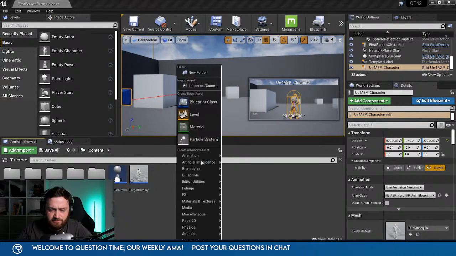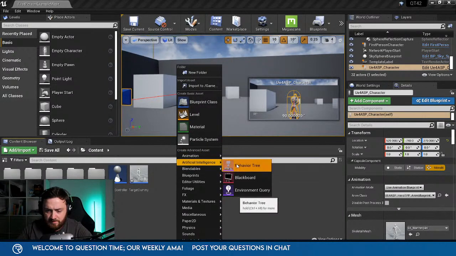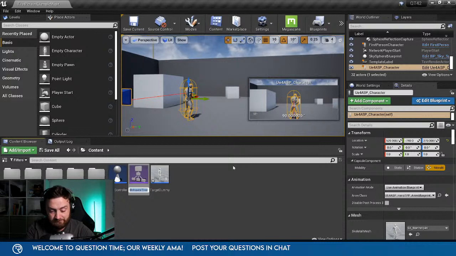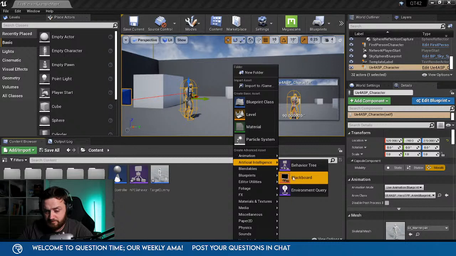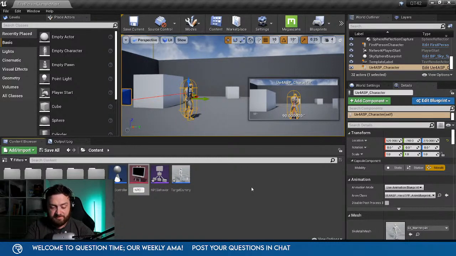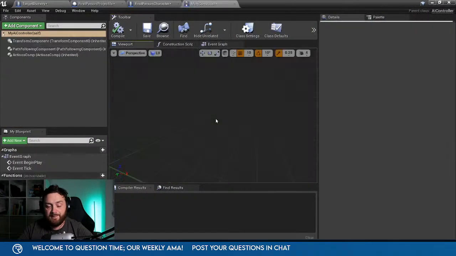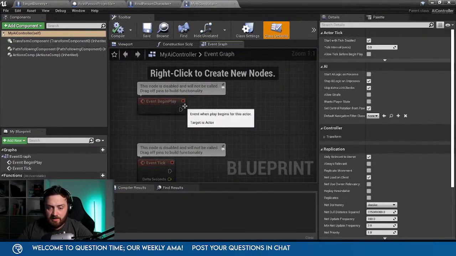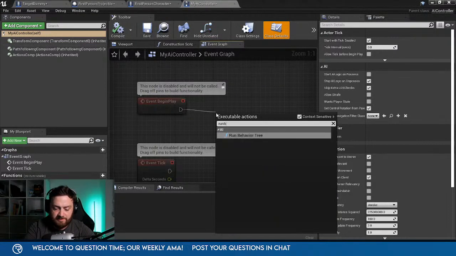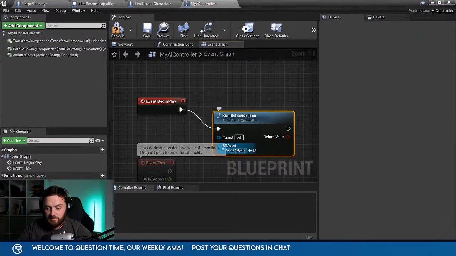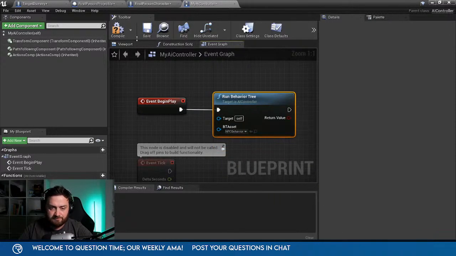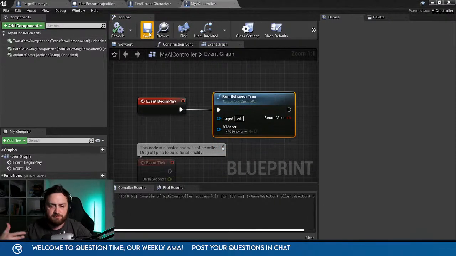Okay, and we'll make the behavior tree, and NPC Blackboard. In the AI controller, we'll get him to run the behavior tree, and we'll choose NPC behavior tree. I'm gonna keep it simple. I'm just gonna make him not listen out for us, just always follow us. That's what I'm gonna get him to do.